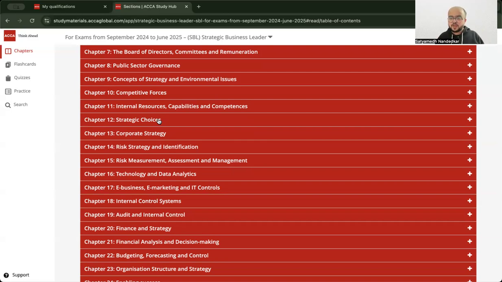Our first focus here will be on identifying risk. Now, in audit, you looked at audit risk. In AFM, you looked at the foreign exchange or the interest rate related risk. Here, you are going to look at business risk in particular, and how exactly you tackle that business risk.